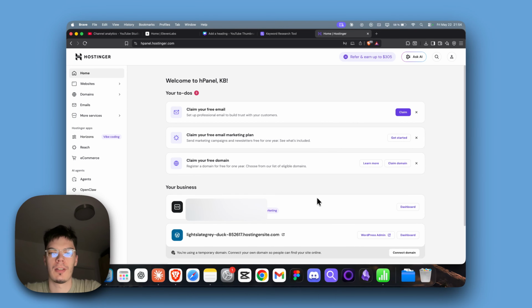How you can upgrade your Hostinger plan. So this is very simple. First thing to do is to go to your hpanel.hostinger.com, and once you are here, we want to click on your profile in the right upper corner area, and here